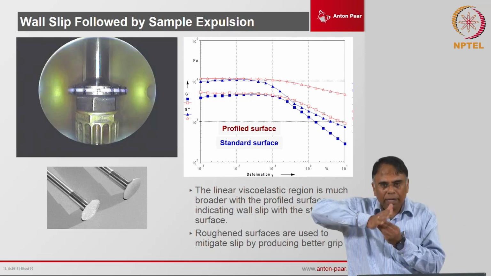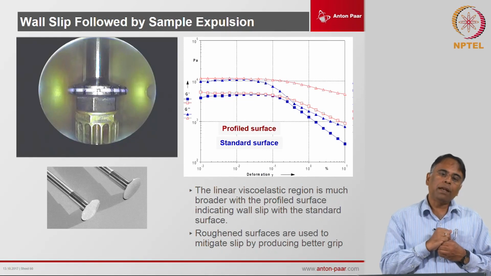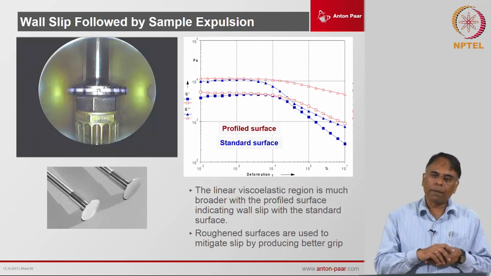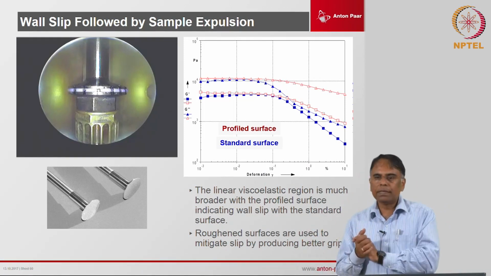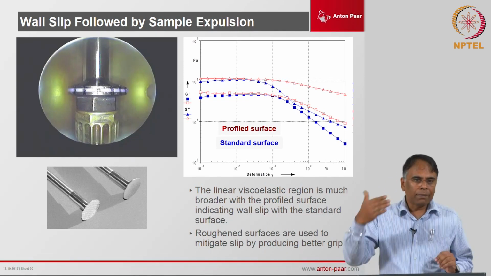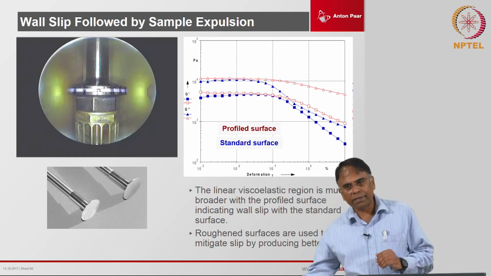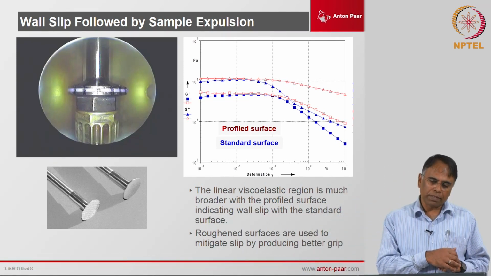The geometry slips and it moves faster than your sample itself. So, the sample is nearly not getting the same strain that your geometry is applying, okay. So, that slippage again can give you this artifact. You will get a different torque out of it, and because of that a different stress, and because of that of course the different moduli or different viscosity.